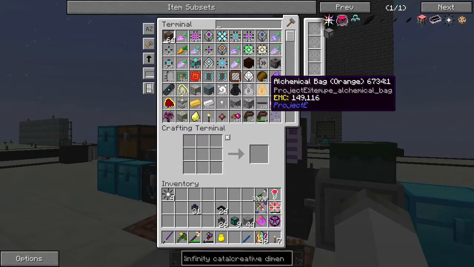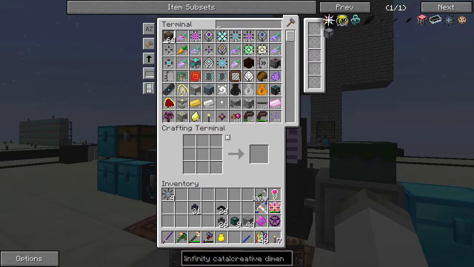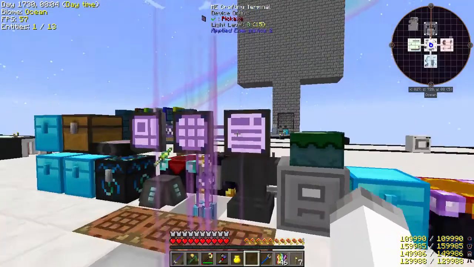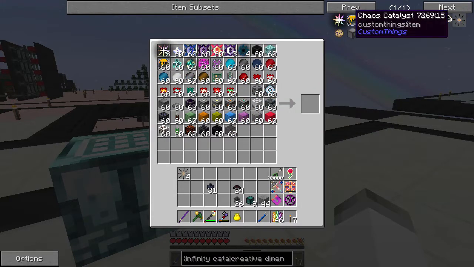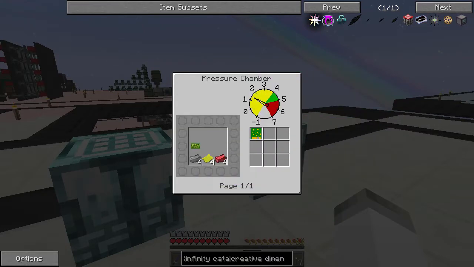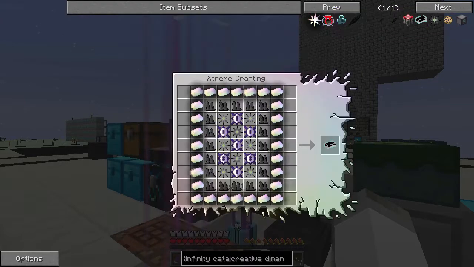That is okay. Do we have any PCBs? We do. Sorta. Okay. Core. So we're gonna need 1 more of these, I believe. Yeah, so 3 of those. And I'm like 95% sure it's the advanced PCB, so I'm gonna have to get some printed circuit boards. Do I have any of those? I do. And we need